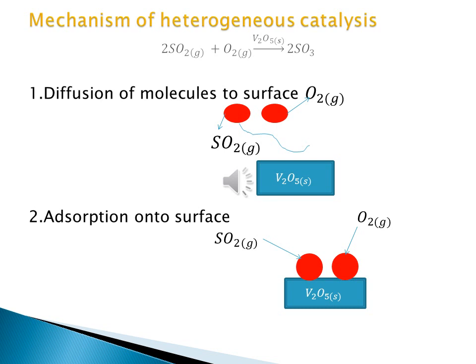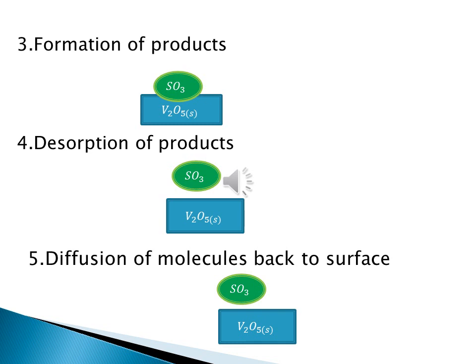So what happens in the first step? SO2 and oxygen molecules are coming to diffuse on the vanadium pentoxide surface. In the next step, both SO2 and oxygen are getting adsorbed onto the surface. Once they have got adsorbed on the surface of the catalyst, a new product SO3 is formed. It's still adsorbed in the catalyst. In the fourth step, SO3 gets desorbed. It is not the same sulfur dioxide and oxygen. What is getting desorbed? SO3, and once again SO3 goes back from the surface. But has any change occurred in V2O5, vanadium pentoxide? No. So the catalyst is as it was in the beginning.